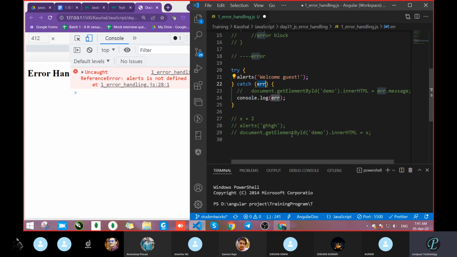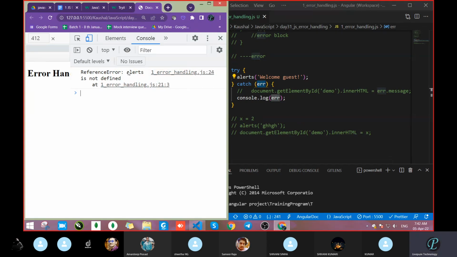Whatever you write there will take all the error message, and with the help of that variable you can take the message and pass it anywhere. Now see. Save. And now see the message. We got the reference error, alerts not defined. Line number it's showing 24.